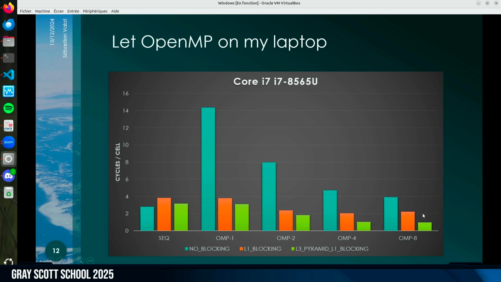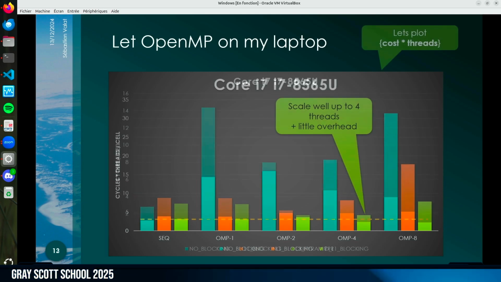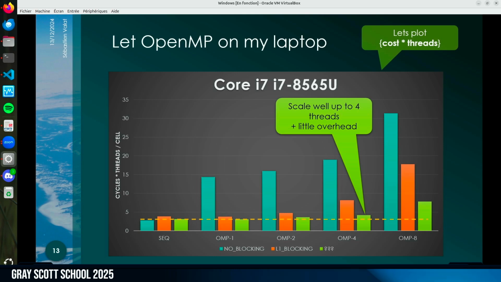Okay, so what I win in practice is about what I have here, a factor 2 point something. This is already a big win, and we will see that we can win a bit more after that. Don't forget that I'm using more threads, so we can make the same plot by plotting the number of cycles per cell multiplied by the number of threads, kind of making the scaling factor if you want. I'm not scaling perfectly, because if I look with 8 threads or 4 threads, I'm increasing a bit the total execution time considering the resources I'm using.